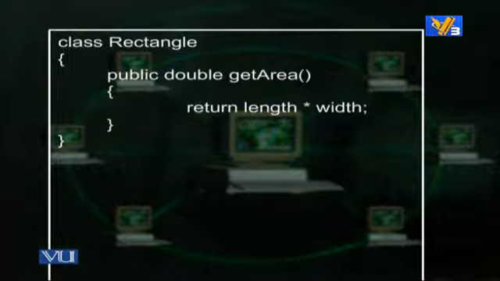In this particular case we have this public double get area, and we use the same thing, the rectangle. Now we are using the rectangle as the base class, and then the square as the subclass of that base class. In this particular case, the method of the base class was not declared as virtual, although you could do that. And in the subclass, what we have done is we have specified that this get area is